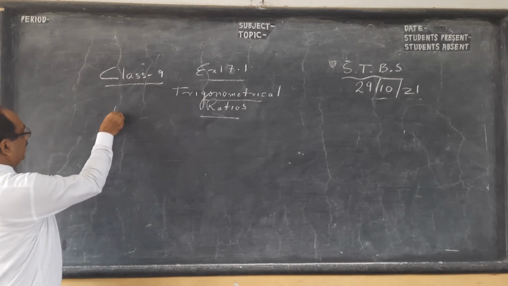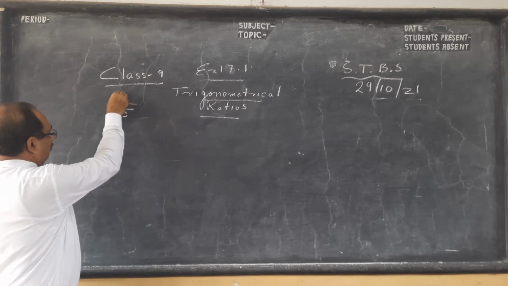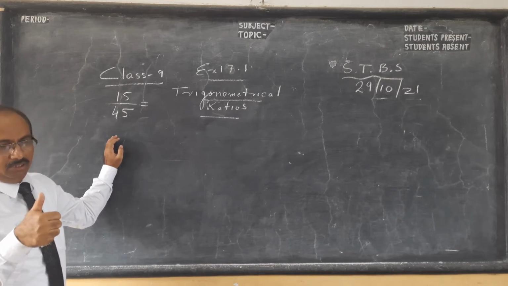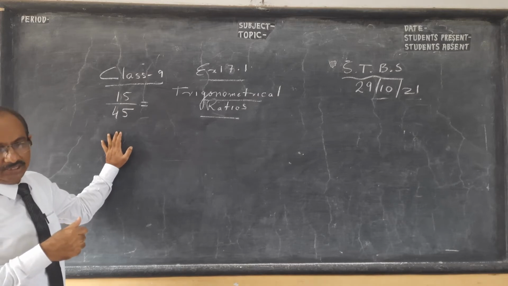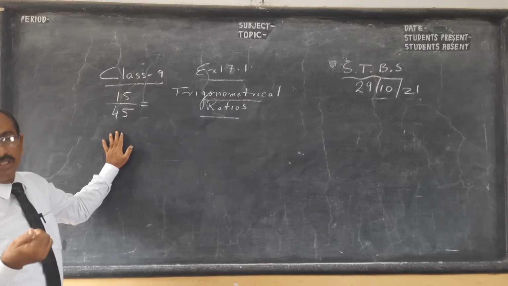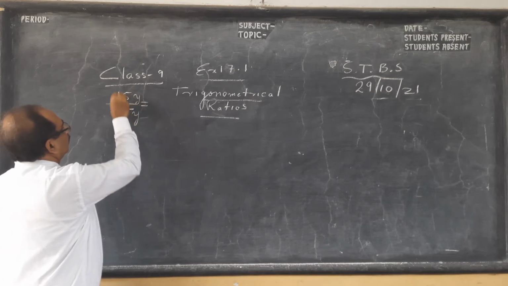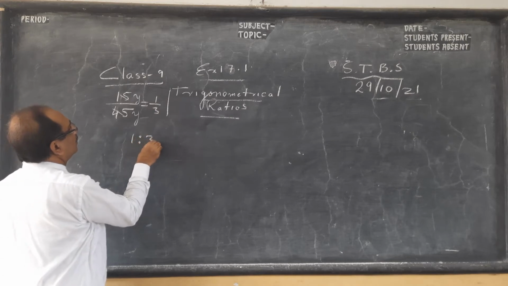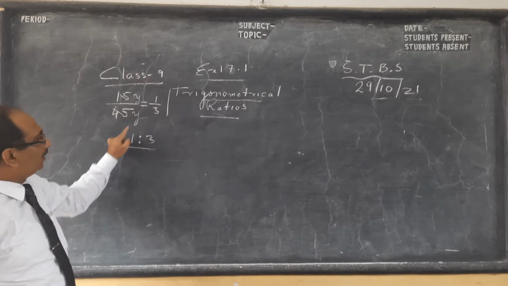Suppose somebody's age is 45 years. Let it be my age, and your age is 15. I say, what is the ratio? Number one in ratio, remember, there should be a similar physical quantity: height with height, age with age, in years, age in months, or rupees. So it should be a similar quantity, then you can compare. So in years, if I take it, it is 1/3, you can write as 1:3. This is what a ratio is. Ratio is a comparison of two similar things reduced to lowest terms.